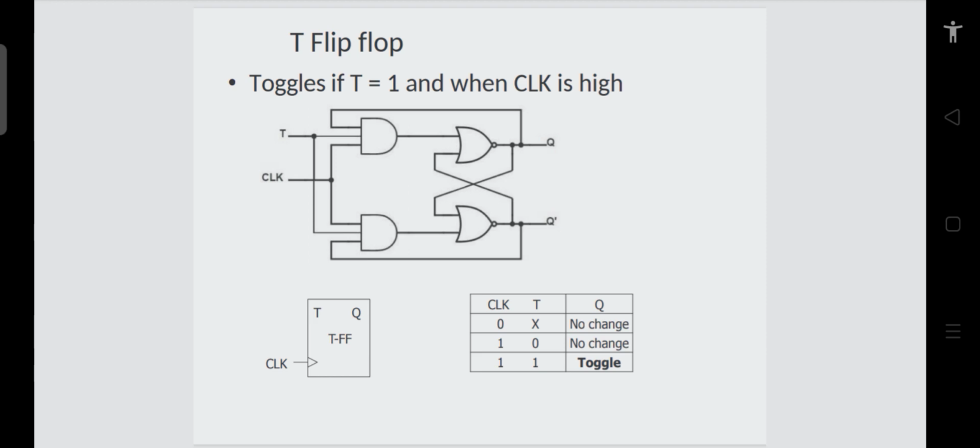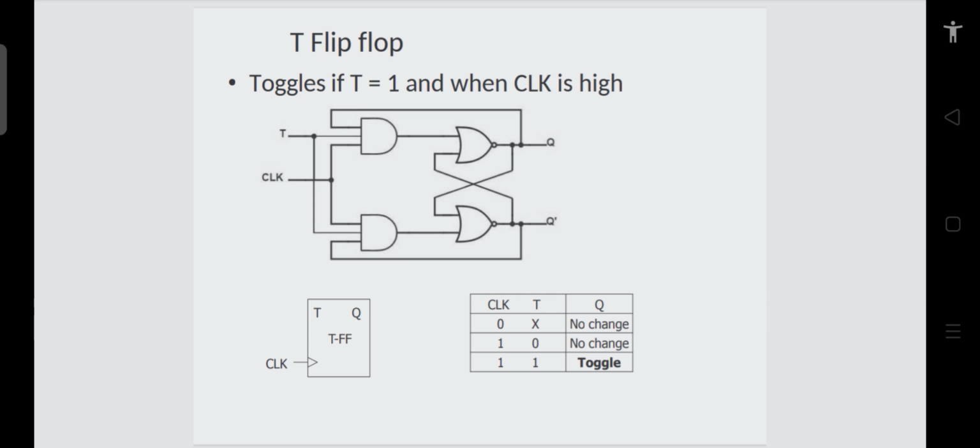For this toggle situation, the toggle state, we use another flip flop which is called the toggle flip flop or the T flip flop. So T stands here for toggle. In this flip flop, whenever the input is 1, the output keeps on changing. If you make input 0, then there will be no change in the output. But if you make T equal to 1, then the output will change. If the earlier output was 0, it will become 1. If it is 1, then it will become 0.